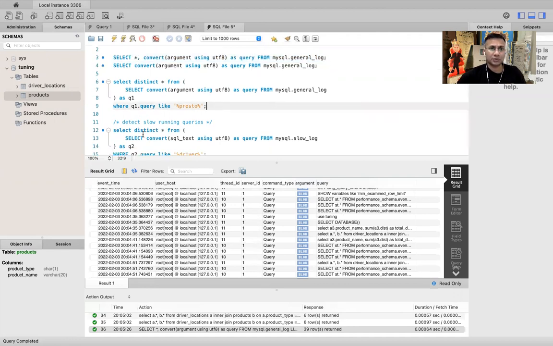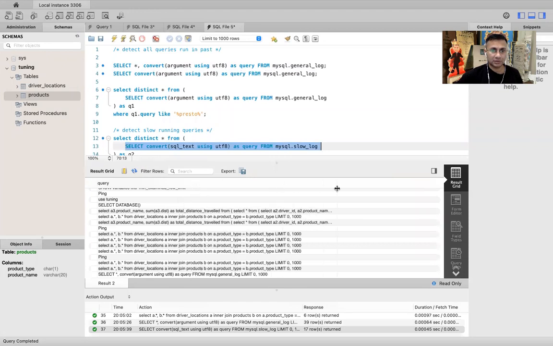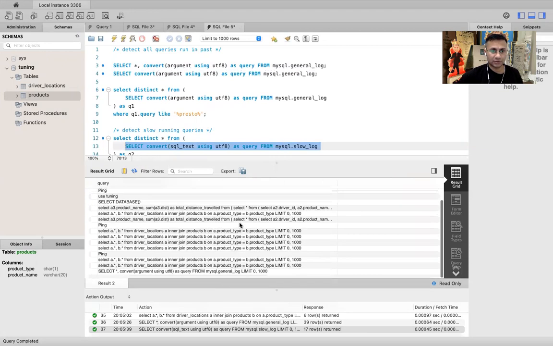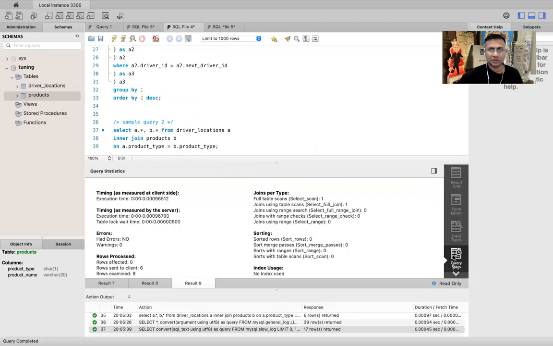Let me also check the slow queries. So if I just run this part alone, yeah, you can see they're being captured here, right? So if you just run this query, how much time it has taken, you can see those things over here, right? Execution time